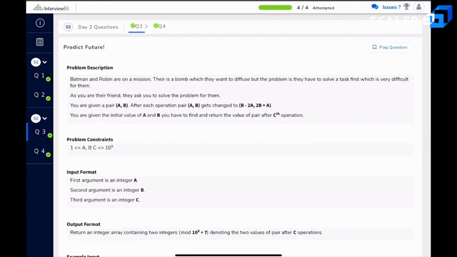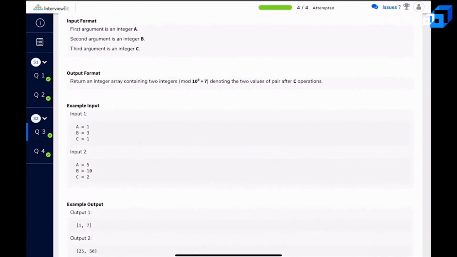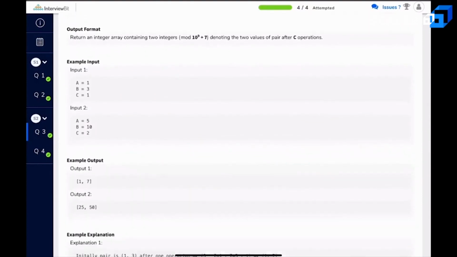You are given a pair a comma b. After each operation, pair ab gets changed to b minus 2a comma 2b plus a. You are given the initial values of a and b, and you need to find and return the value of the pair after the cth operation. A, b, c are around 10 to the power 9, and you need to return the value modulo 10 to the 9 plus 7. So for example, if a is 5, b is 10 and c is 2,